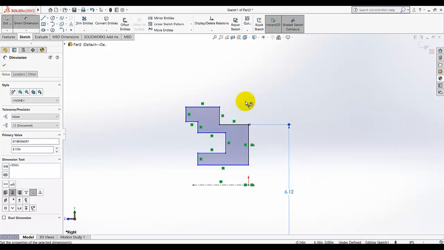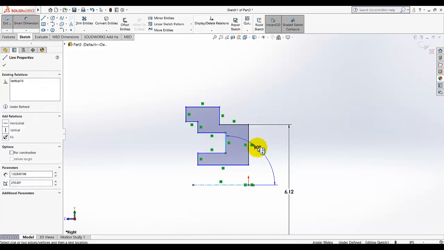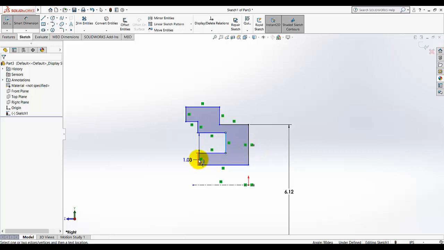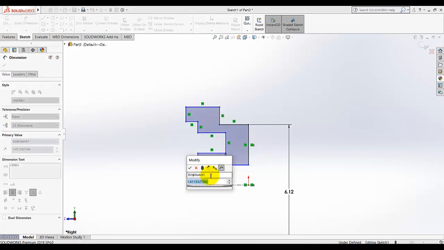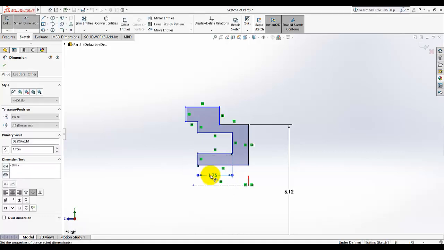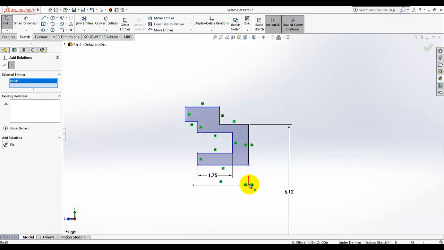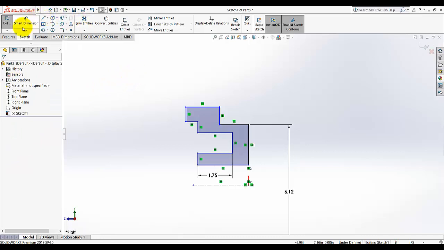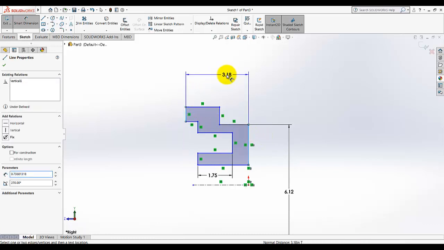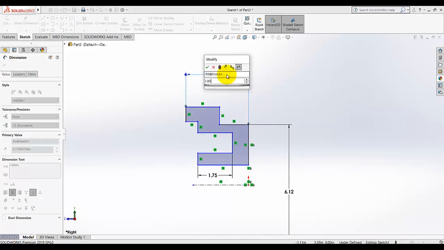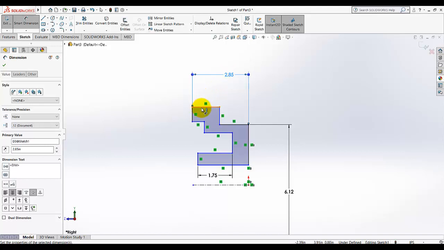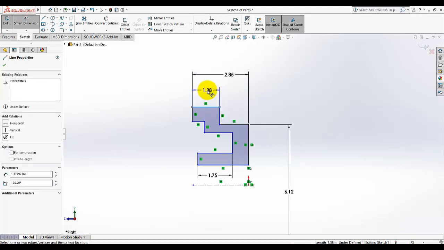Okay, and from here to here this dimension is given as 1.75, and I'm going to add a relation for this point and this origin. They must have a relation of vertical. Okay, and again sketch dimensions. So from here to here this dimension is given as 2.85, and this dimension we have 1.38,